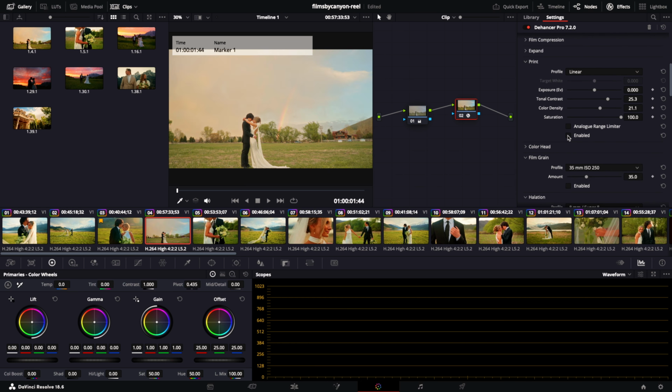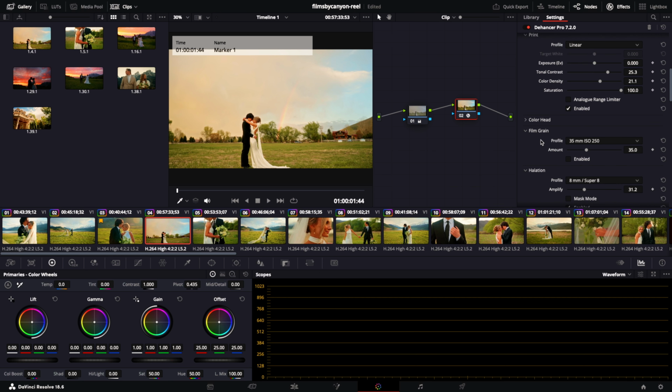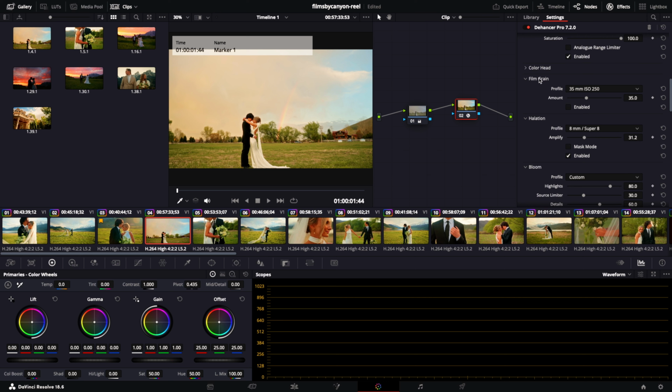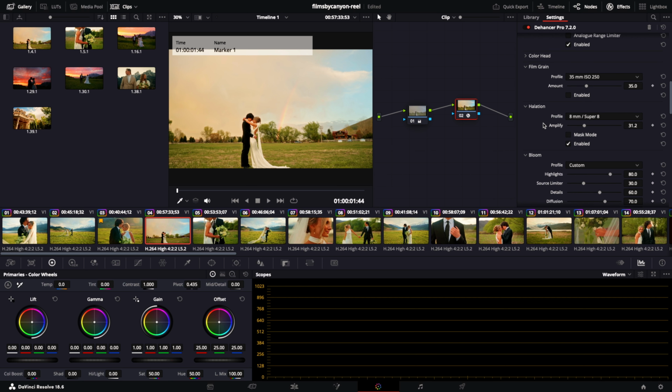Here's a before and after. You can see that there's a lot more contrast, a lot more color that gets added into the image before and after there. And scrolling past color head, because I'm again not using it. Film grain, I'm also not using this one right now. I do use film grain on occasion if it's the look that the couple wants or a look that I'm trying to go for. Down to halation, I'm using the 8mm Super 8 and the amplify level is about 30,